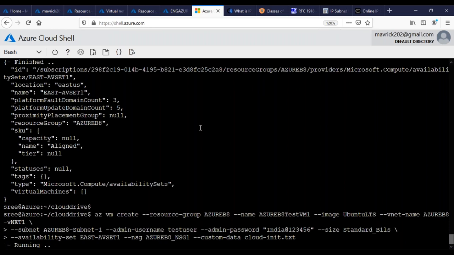When we're creating VMs, disks and all the things, is it chargeable while using this free trial also? No, for the free trial they are giving you $200, right? It's not chargeable, but there are limitations in your free trial. You can't really have more than 4 CPUs in a region. There are some restrictions. Imagine if you want to create 4 servers, each one with 2 CPUs. You can't do that. You can only create up to 4 CPUs. But it is free for 1 month. Okay, got it. Thank you.